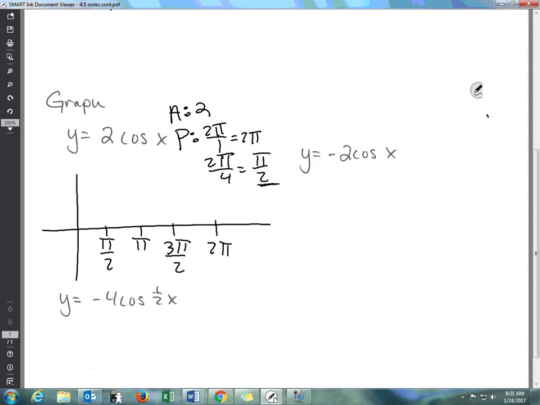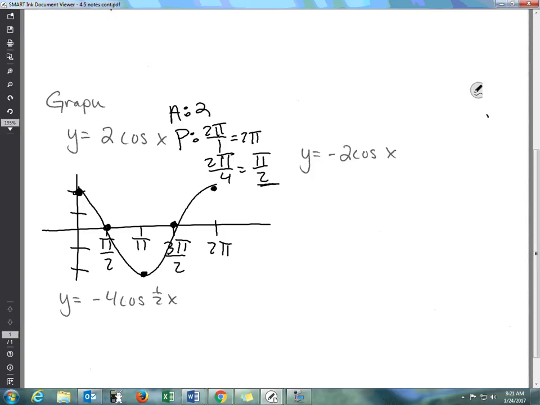Cosine starts high. So what I mean by that, it starts at your amplitude. So it's 2, right? So I'm going to start way up here, okay? And then at pi over 2 it falls to 0 on the x-axis. It falls to the x-axis, being like a 0 in your graph. And then at pi it falls to your negative amplitude. And then at 3 pi over 2 it's back to the x-axis. And then at 2 pi, it's up here. So if you connect,